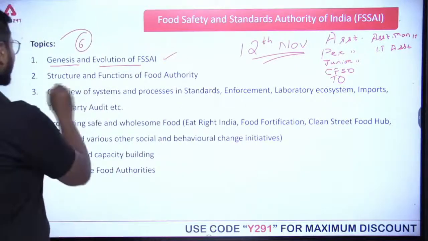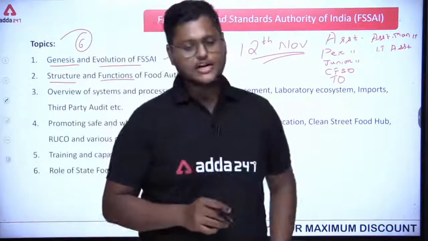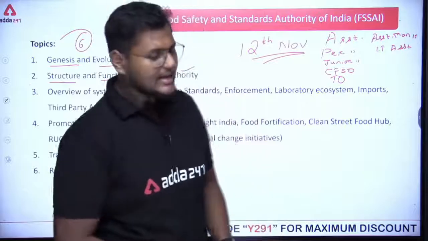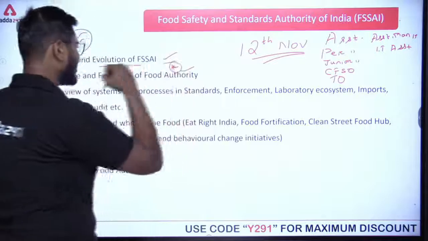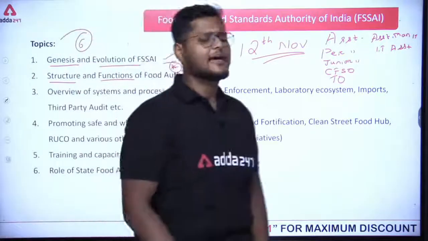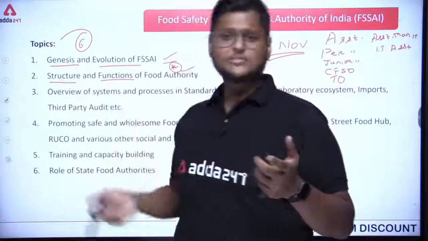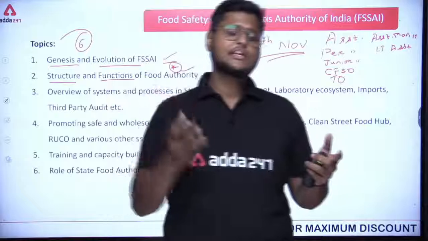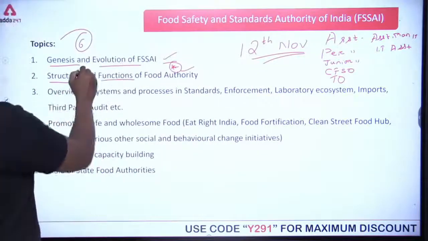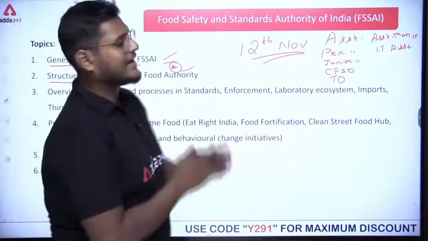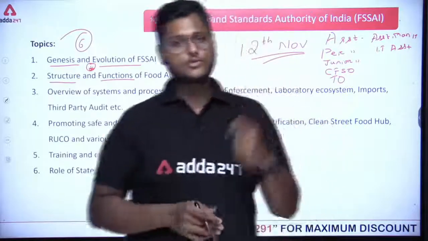The second one is the structure and functions of the food authority. Clear, guys? We have a food authority in FSSAI, which oversees each and every activity regarding food safety and the food safety management system, the food business operators, each and every one of them. Here we are going to look into the structure and functions: how the structure has been set up, and what the different functions are that the food authority